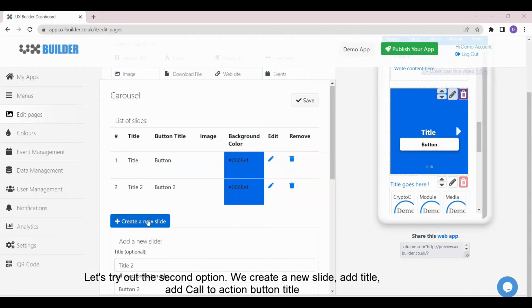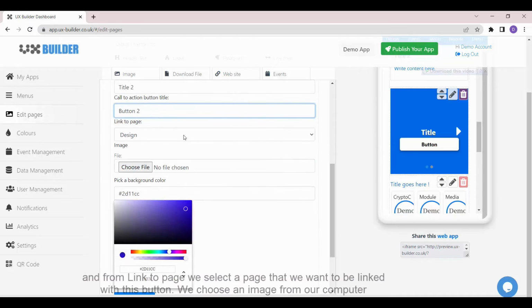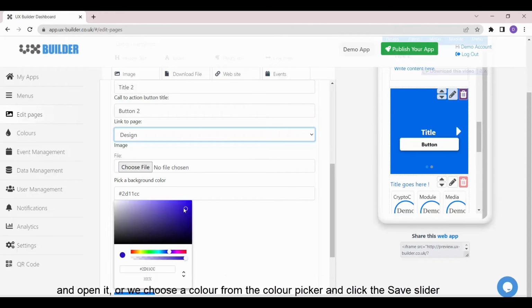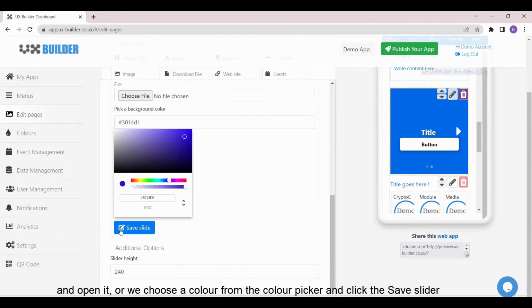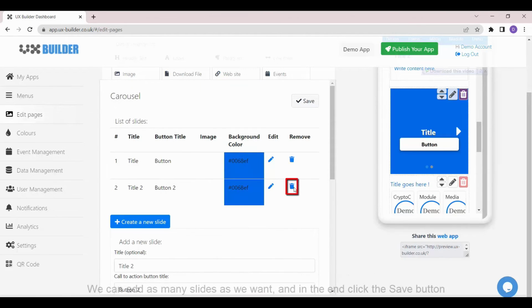Let's try out the second option. We create a new slide, add title, add call to action button title, and from link to page we select a page that we want to be linked with this button. We choose an image from our computer and open it, or we choose a color from the color picker and click the Save slider. If we want something to change we click Edit, or if we want to delete we click the Delete button. We can add as many slides as we want, and in the end click the Save